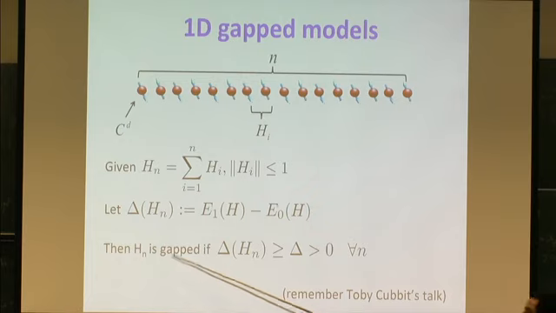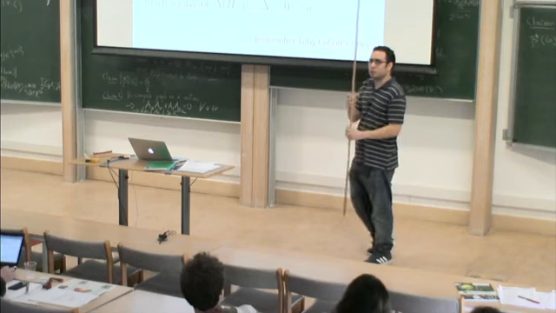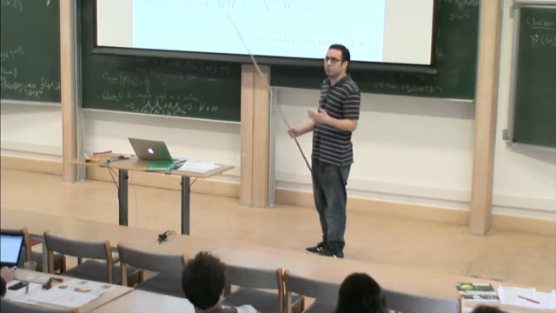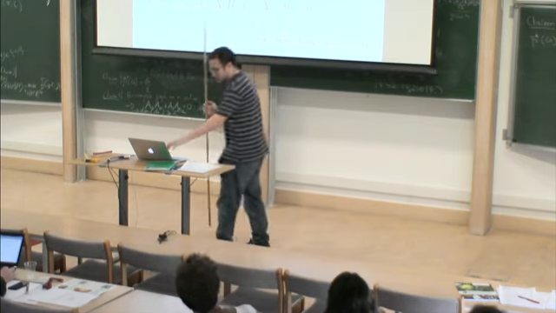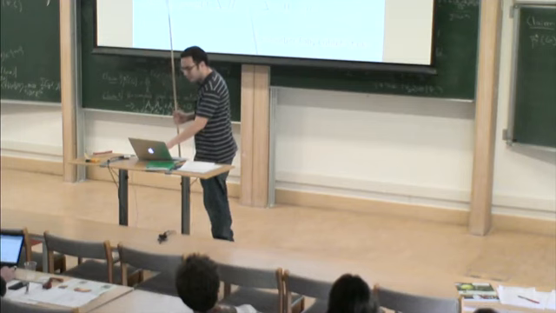And if this Hn is gapped, then we just mean that when n grows, this is always bigger than something independent of n, some delta. And whenever that's the case, there are many interesting models with this property. Usually when this happens, we are far away from criticality, so we expect that maybe the ground states are simpler or something like this. This is just some intuition, but indeed it's true.